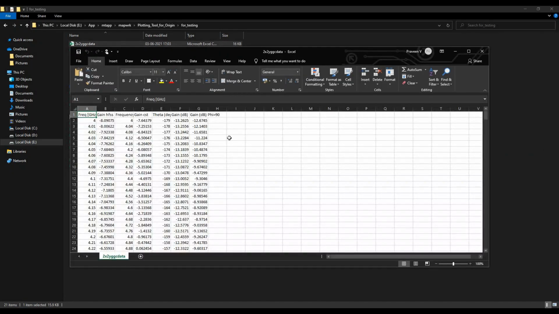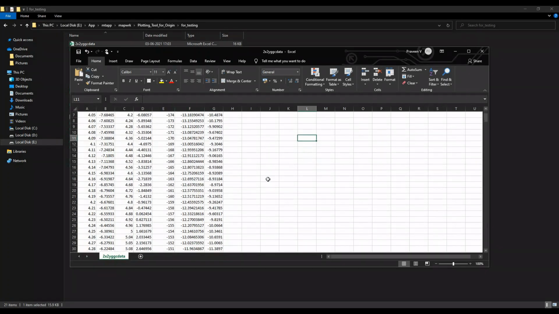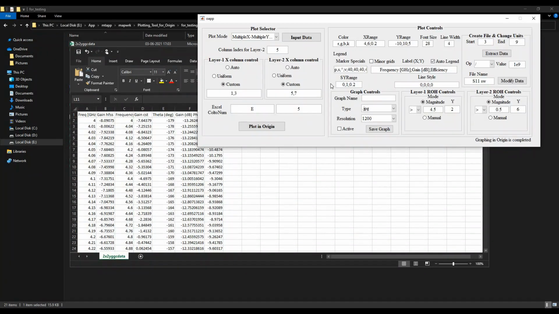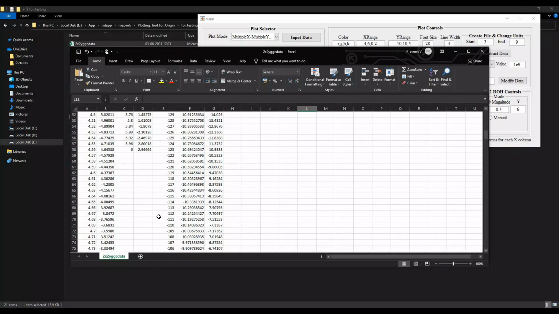And yeah, I'd like to show you the 2x 2y plot. I will try to plot the data of the peak gain over the frequency range and the gain over the cut planes, phi equals 0 and phi equals 90 planes. I will just show you this, uniform. I will go with the uniform mode.